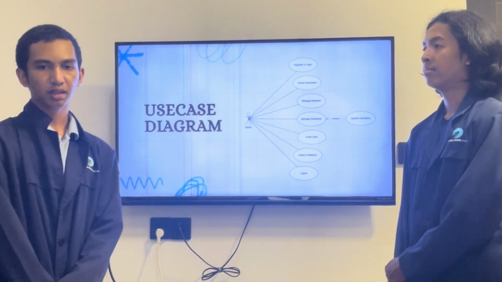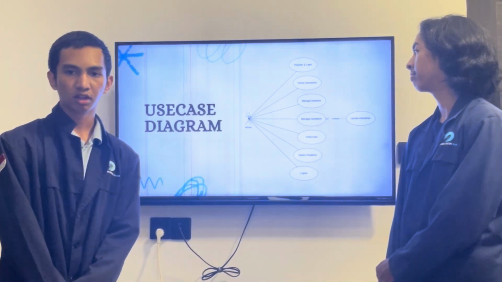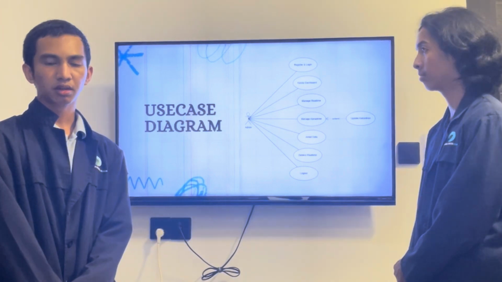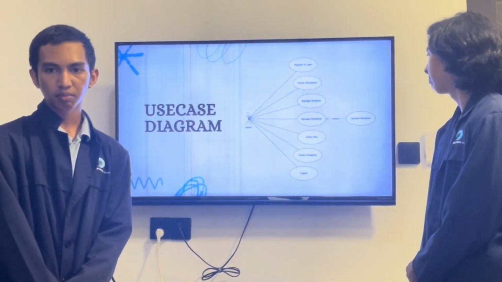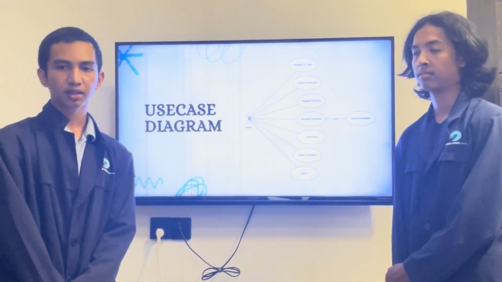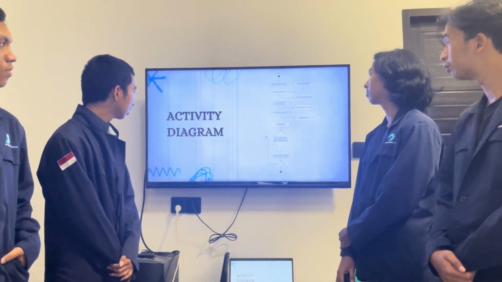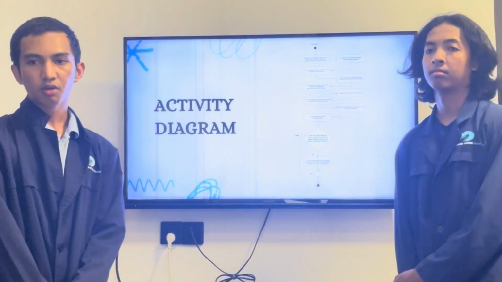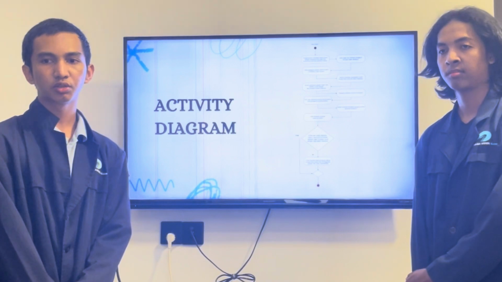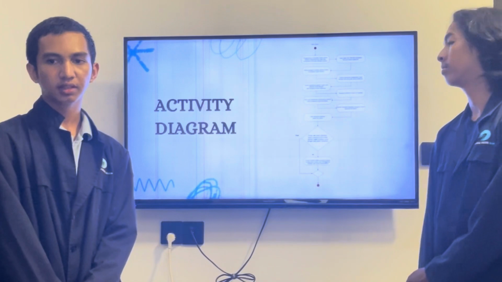Next is our use case diagram with its features: 1 is login and register, 2 is manage dashboard, 3 is manage real time, 4 is manage attendance extended to update attendance, 5 is collect data, 6 is real-time detection, and last is logout. Next is the activity diagram. It overall explains our business process, starting from entering the room, detection, attendance check, and other business activities until completion.